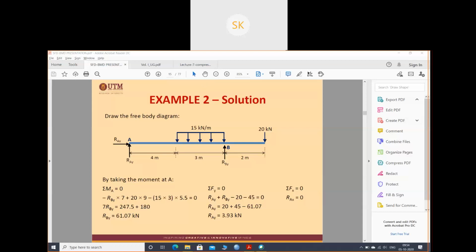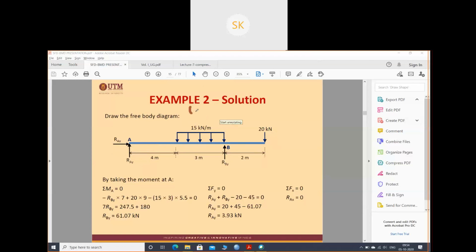See, okay. So hope you have understood the free body diagram. I have replaced the roller support by this vertical force. I have replaced the hinge support by this vertical and horizontal force. Okay. Now